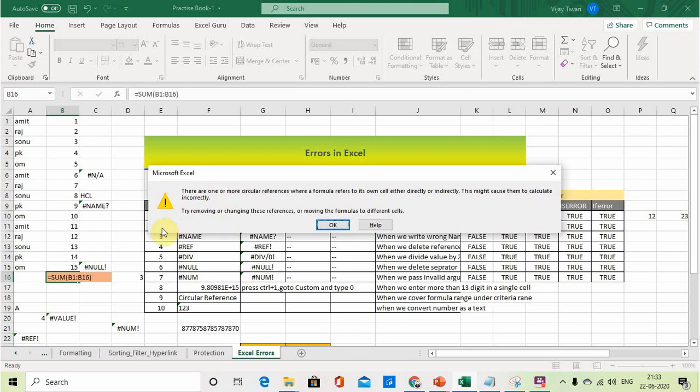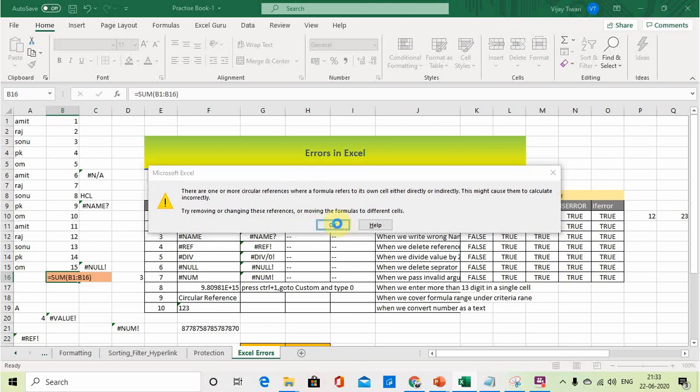If you include the formula cell address in the range, then there are one or more circular references where a formula refers to its own cell either directly or indirectly. This might cause them to calculate incorrectly. Try removing or changing these references or moving the formula to different cells.